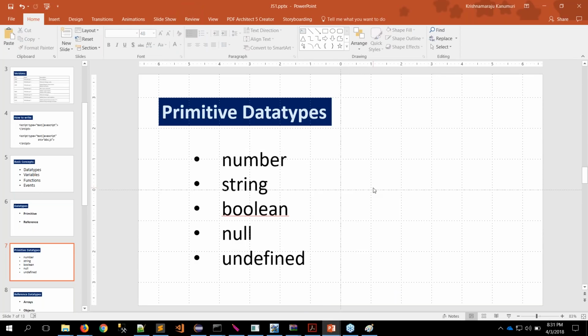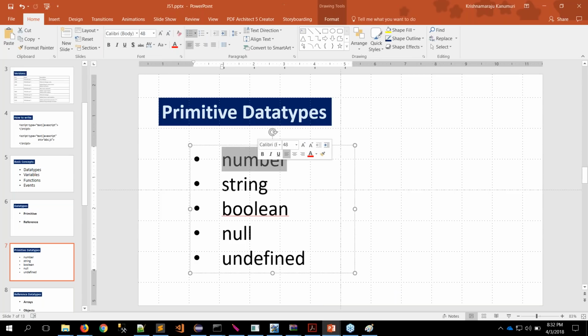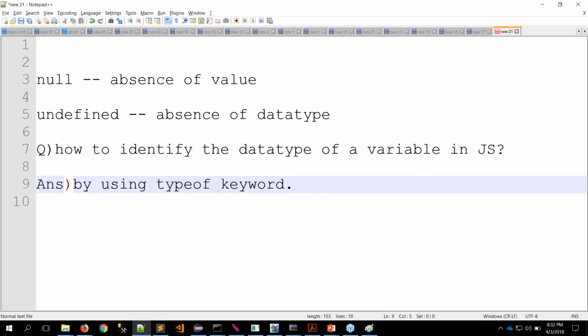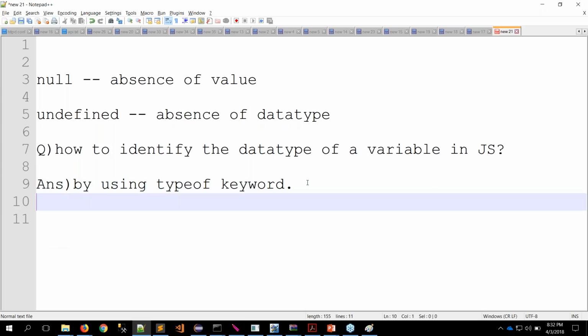So right now, what is the data type of ID? Array. Array data type. Arrays are represented as what? Reference data types in JavaScript. Means it's going to be stored in heap memory. Objects we are going to cover in tomorrow's session. But right now observe,